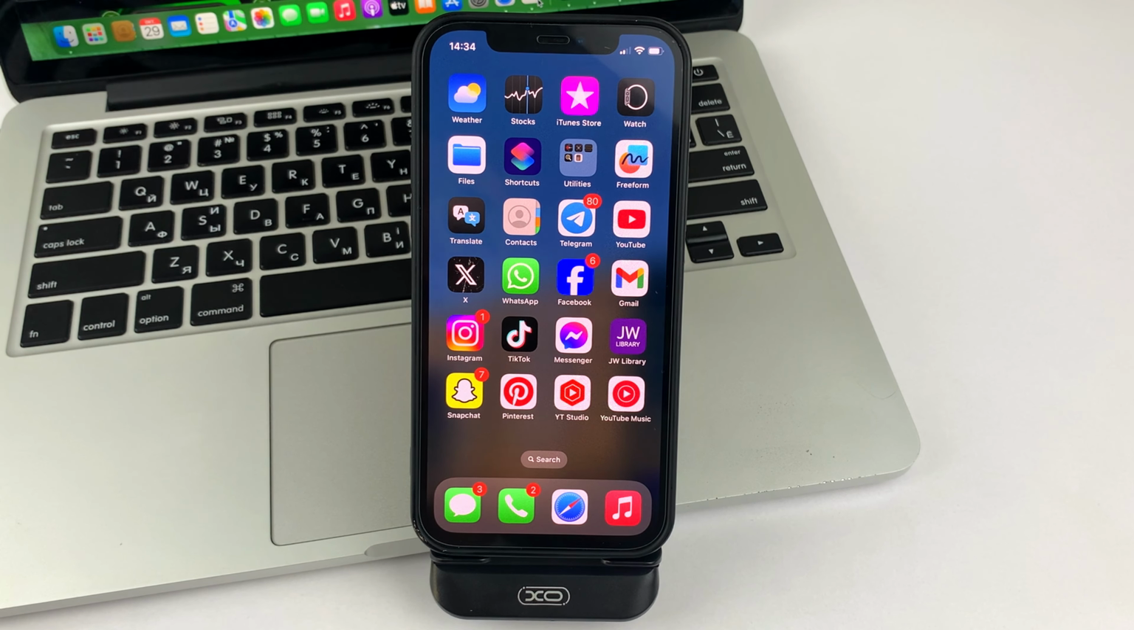And let's get started. Let me start by saying that this feature is only available for those who have already updated their iPhone to iOS 18. This feature is very convenient and easy to use. In order for you to lock the TikTok app so that no one can access it from your iPhone,